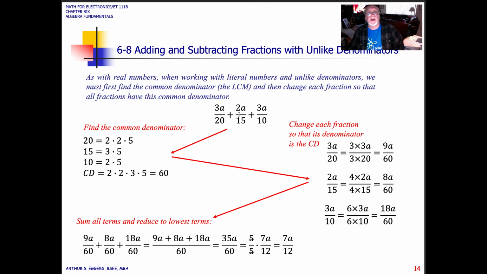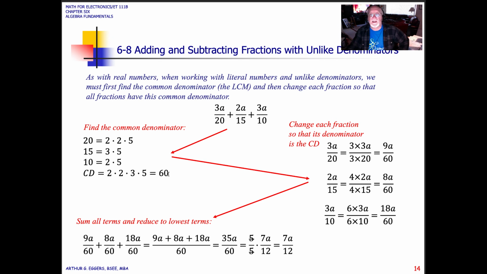Okay, if we look at an example here where we're going to add together 3 terms that have a 20, a 15, and a 10 in the denominator. We can't add them together, so we have to start looking for our least common multiple. So 20, 15, and 10, we factor them. We look for the maximum times that the terms appear. So we have 2 showing up twice, we have 3 showing up once, and we have 5 showing up once. So when we gather those terms, 2 times 2 times 3 times 5,